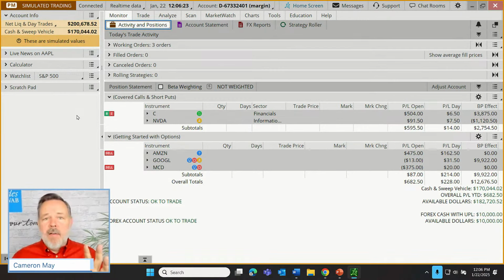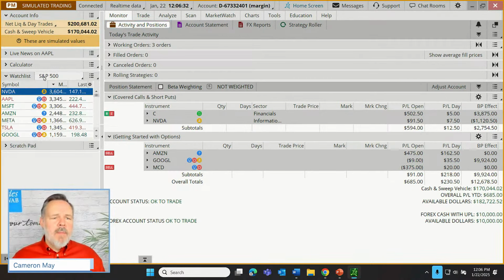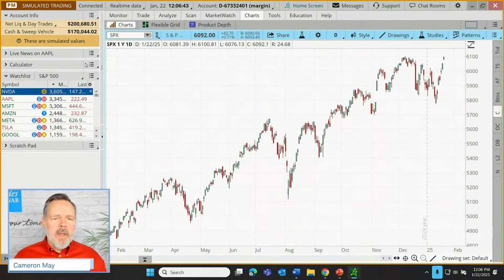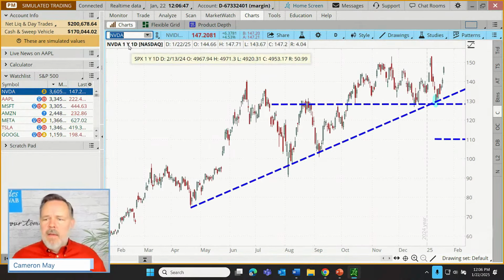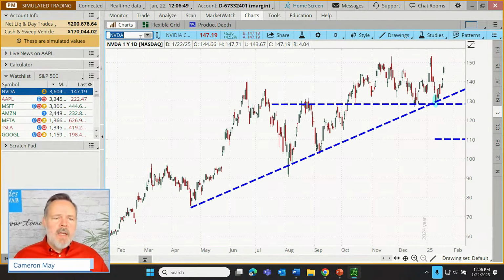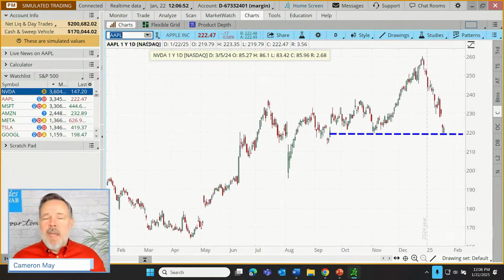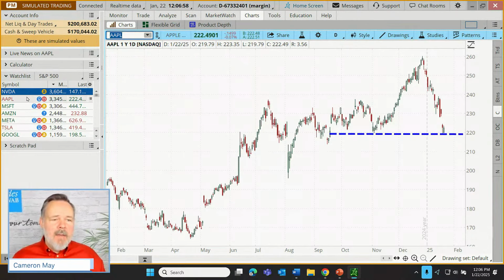Second way, I think a lot of our regular users of Thinkorswim have discovered this, but it's a bit of a revelation if you haven't seen this before. Let's say you're over here at a watch list and you have maybe the S&P 500 component companies, NVIDIA, Apple, and Microsoft. Those are the biggest companies in the S&P. And maybe the trader wants to load those up on their charts. So they come in here to the charts and they type in NVDA, and they have to look at what's going on with NVIDIA. And then maybe they want to move on to the next one. They type in Apple. Well, just the process of typing things in and hitting enter, typing things in and hitting enter. To navigate down through the first 10 symbols here, I don't know, that's about 40 or 50 keystrokes.